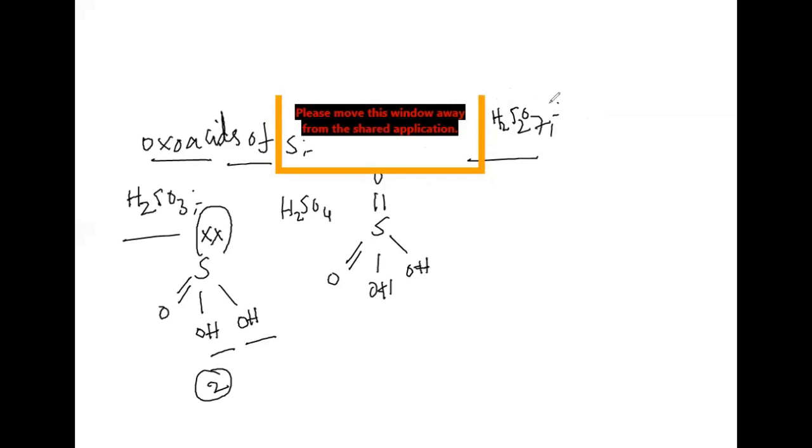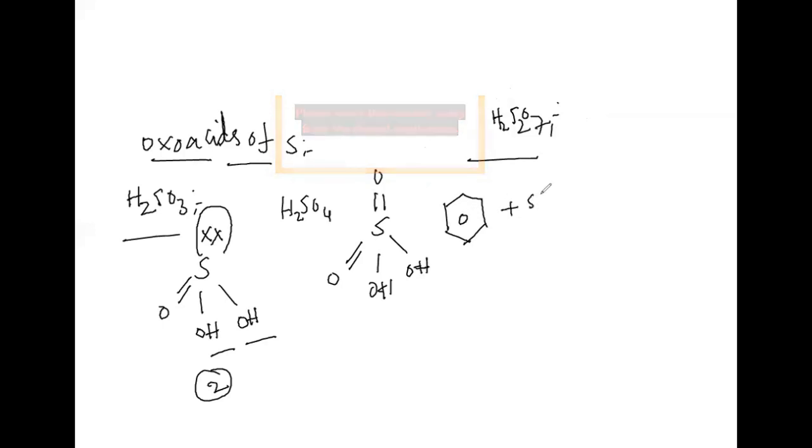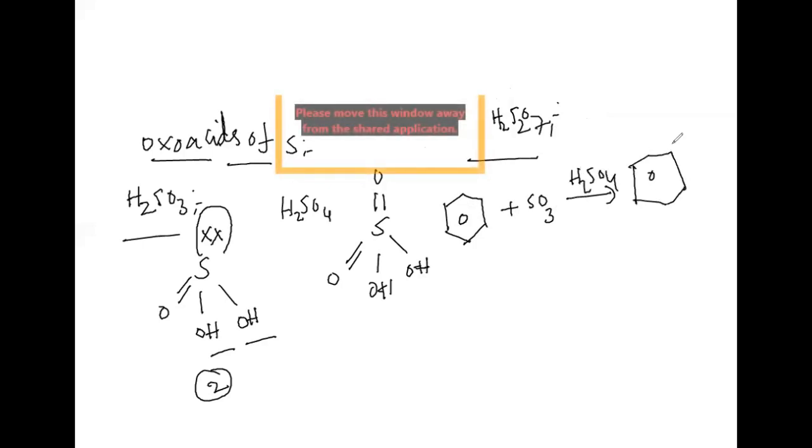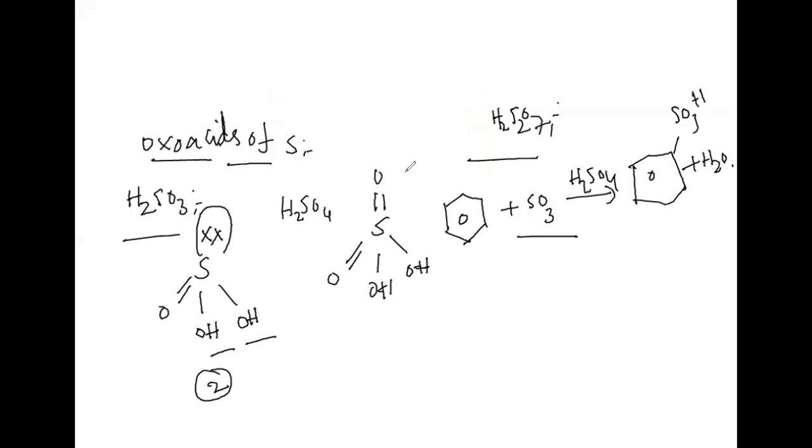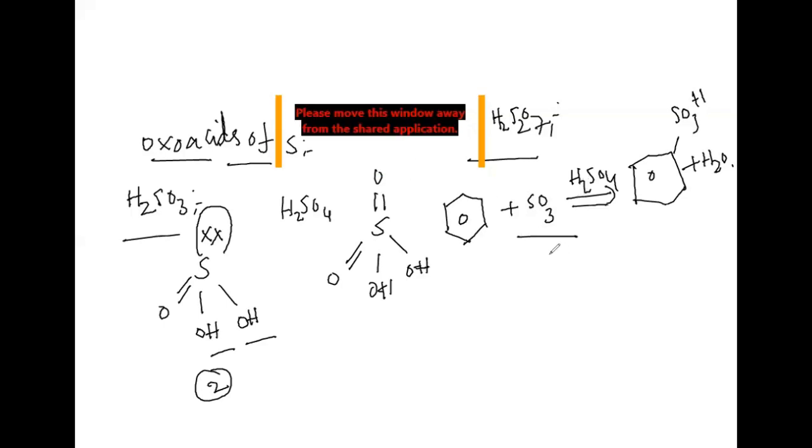Arun, it is wrong, actually. This one we used in electrophilic substitution reactions of benzene. Benzene reacts with SO3 in the presence of H2SO4. It gives benzene sulfonic acid, SO3H plus H2O we can take. Here the combination of SO3 in H2SO4 only, we call it as oleum. Is it clear? Yes, right.